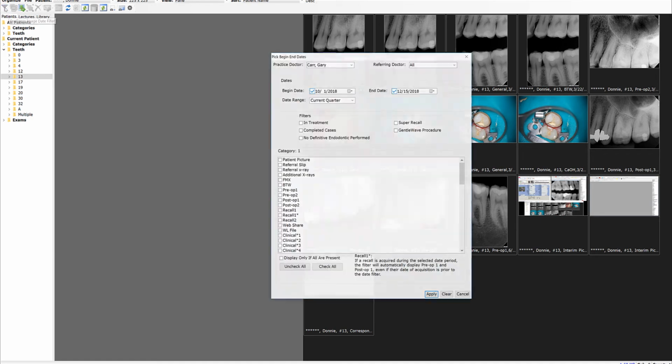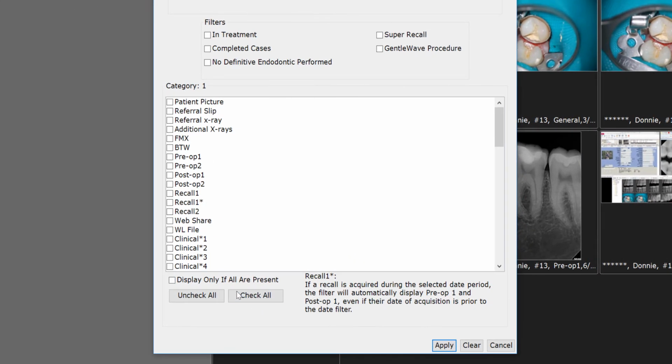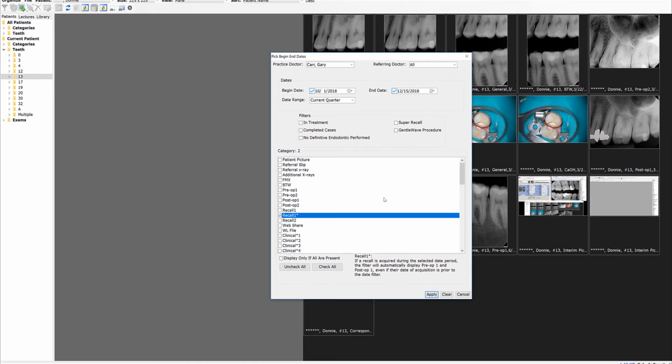So let's go back to the image organizer, do a new filter, and I'm going to uncheck all, and let's use the recall 1 star. And what the recall 1 star is, most of you probably know, it will bring up all recalls. Let's say I want to look at the current year. All of the recalls that I've done this year, and what it does is it'll bring up those recalls if